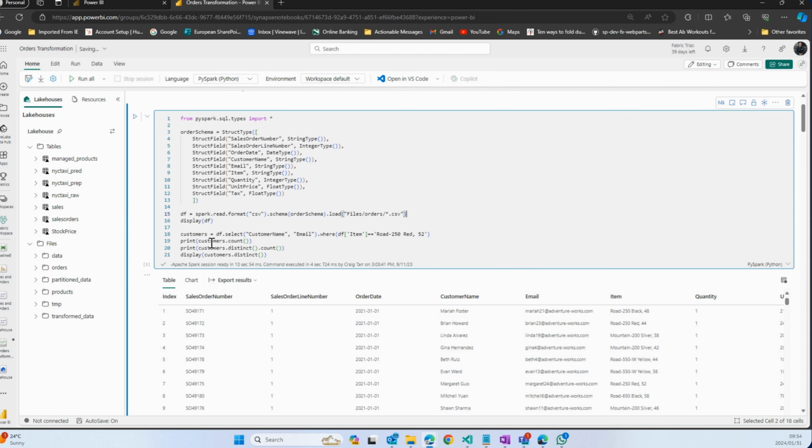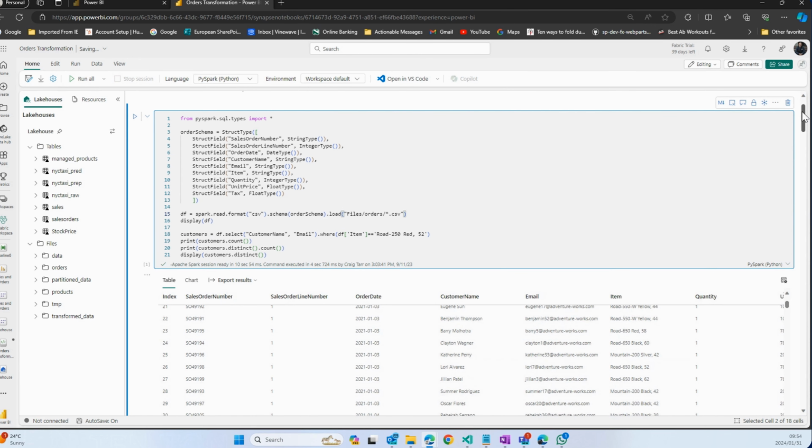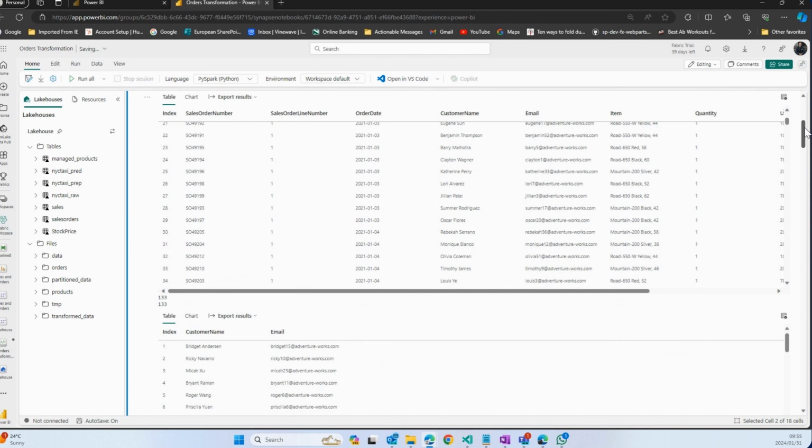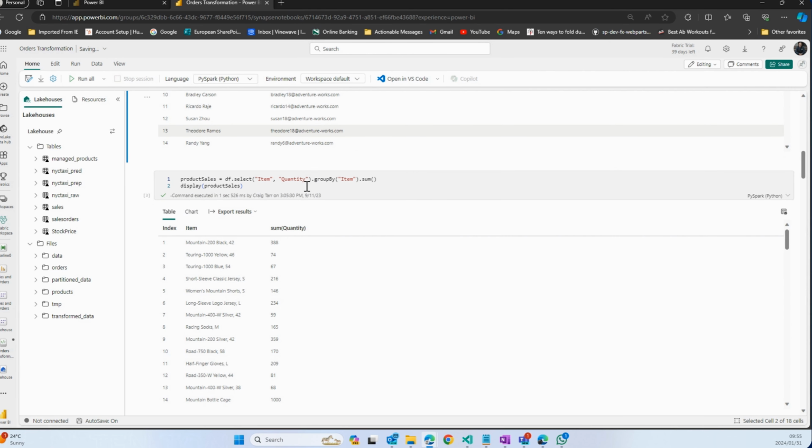I can do things like look at the number of rows, etc. I can then also go and select certain columns, or I can group information. I can go and use aliases, etc. You're going to have to create the code for that. I mean, this isn't something where you just go, "Hey, put sales order number with sales order date and last name and send off." Exactly. So if you know Python, good on you.